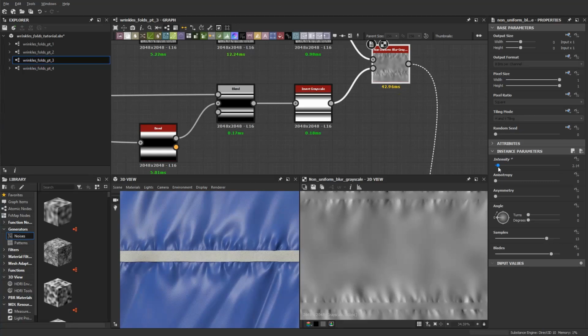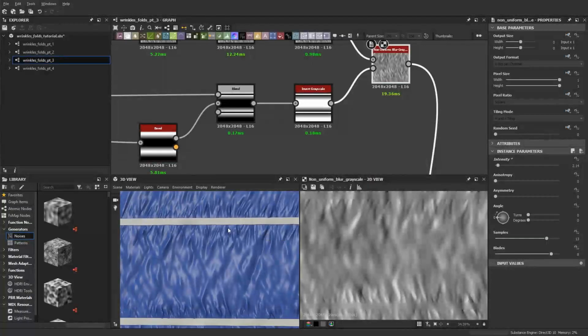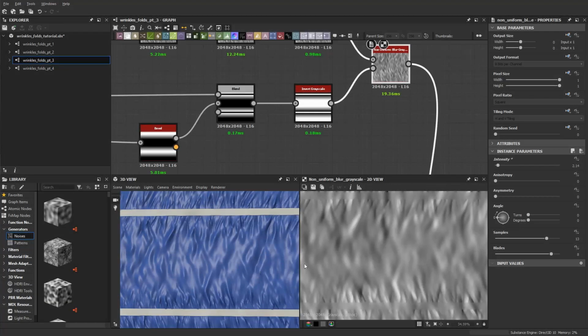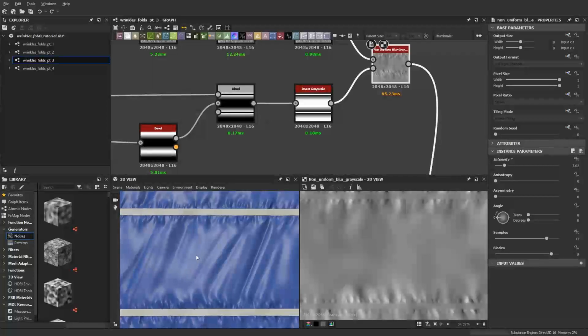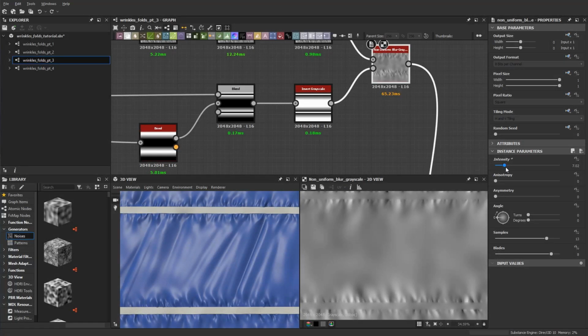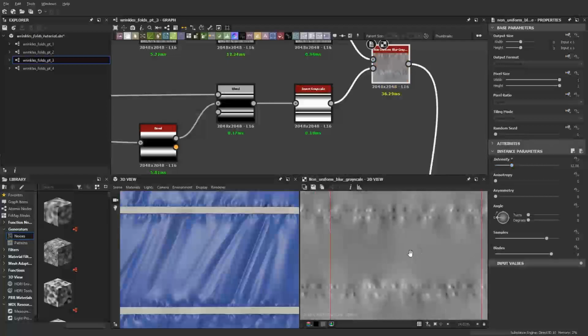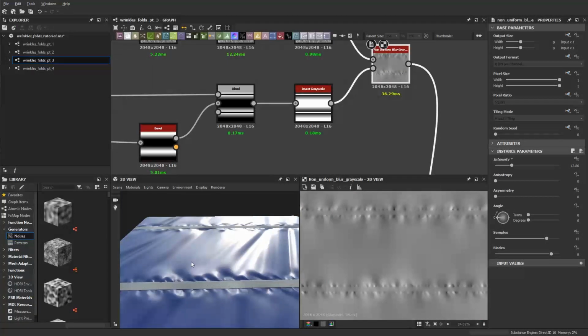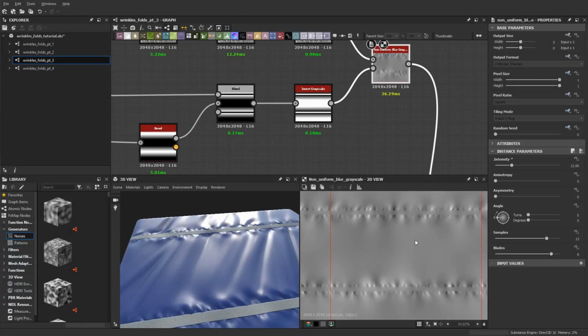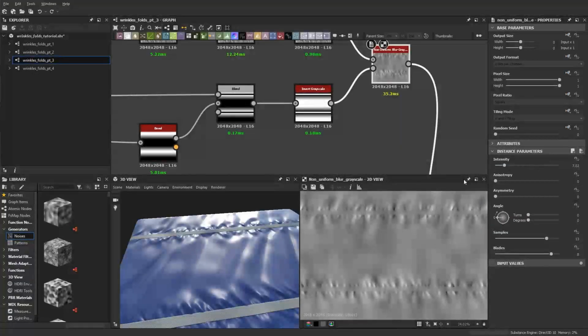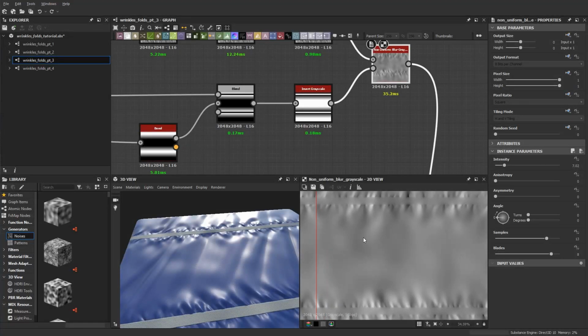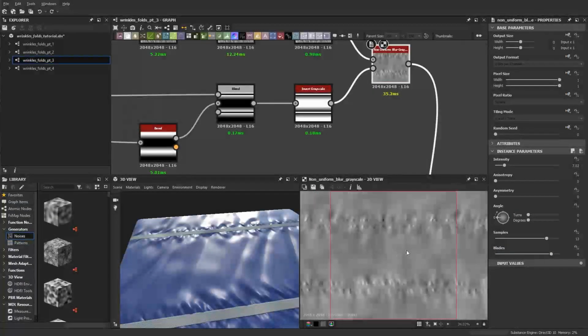Now what I can do is, if I lower the intensity here, you can see that gets kind of nasty looking. So this is where we're deciding how much we want to blur that. And you could easily say, well, there's no influence from these higher frequency folds. But what I found was I kind of liked a little bit. So I left the intensity around 7, and you can see it gives me a little bit of secondary